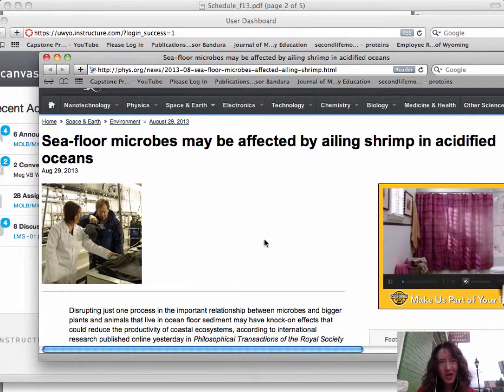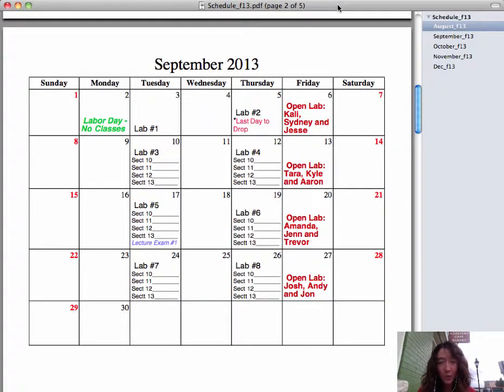That being said, I'm going to draw your attention first to the upcoming schedule for the week. Remember that this week we are going to jump into labs 1 and 2. So on Tuesday we'll be doing lab 1. Most of that day will be handled by me, but you're going to want to start to get familiar with microscopy and how to teach that. And then on lab 2 you're going to take over a little more responsibility, particularly with regards to demos. This Friday, responsibility for open lab falls to Callie, Sydney, and Jesse. So remember again to get someone to cover you if you're not going to be able to be there for open lab this week. Also, Thursday is the last day to drop, so we may want to notify our students that that would be the last day that they could go about doing that.